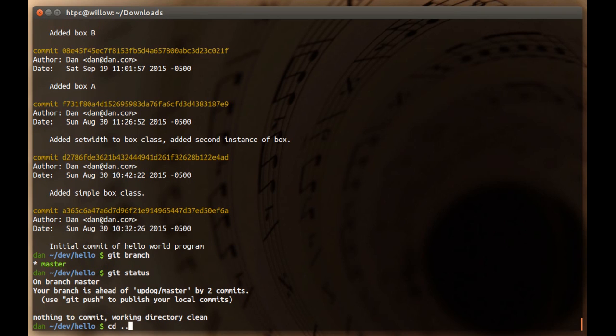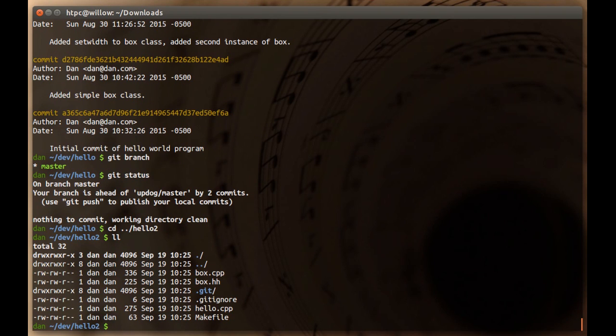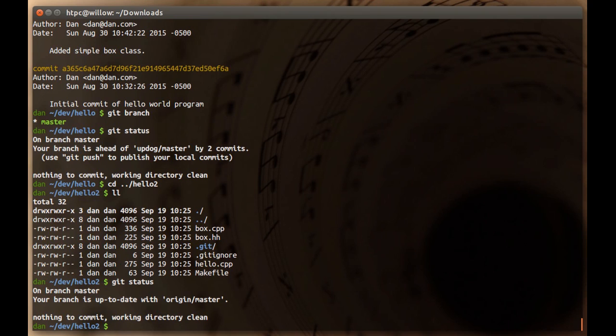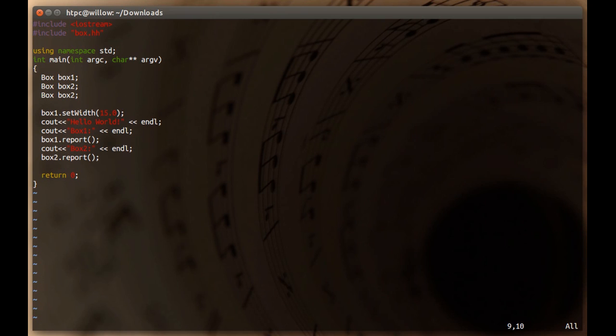So let's switch over to the UpDog remote repo, and we're going to use this. So we're in a totally different repo now. We'll pretend this is the UpDog remote, and we're just going to pretend to be another developer and do some work and create our own commits. So it's a brand new, fresh repo. There's nothing here. So, of course, if we look at hello.cpp, it's back to the state it was before because we switched repos. So let's just call this box F,